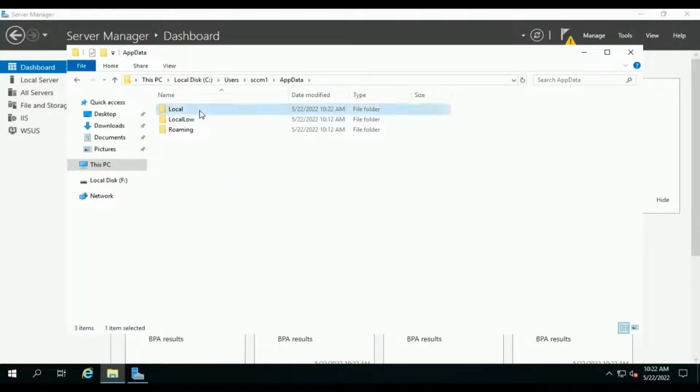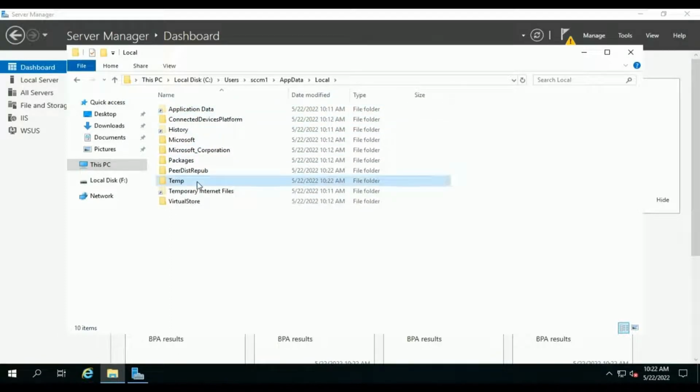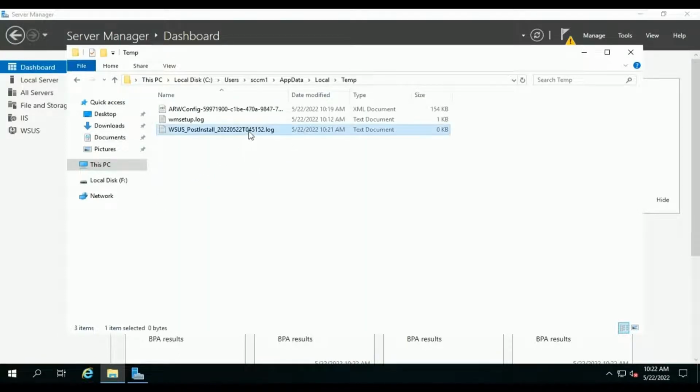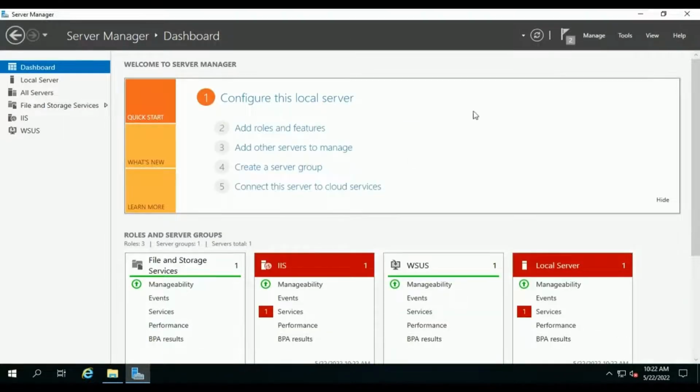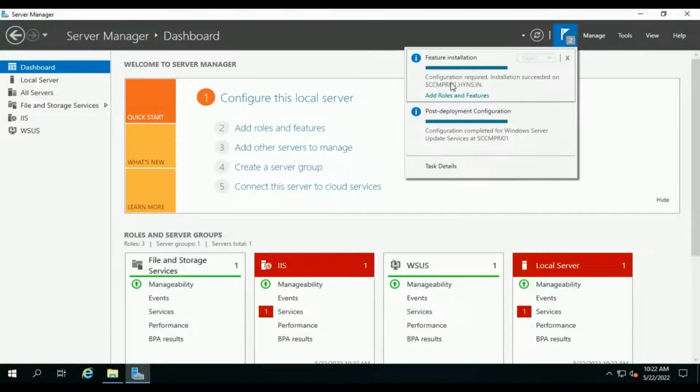AppData, Local, Temp, WSUS post installation. Let's wait to complete the configuration. Let me check whether it is completed or not. Okay.